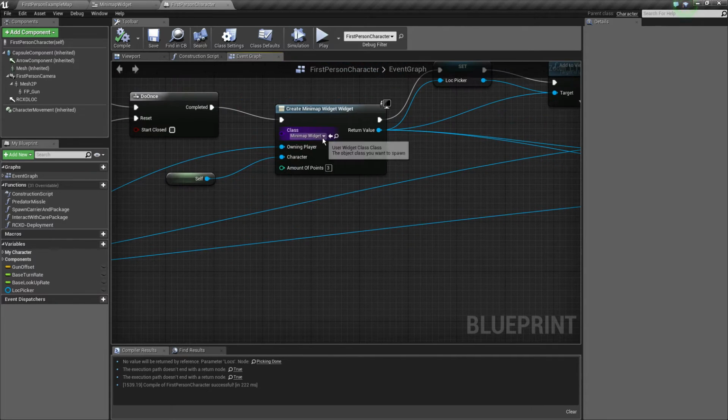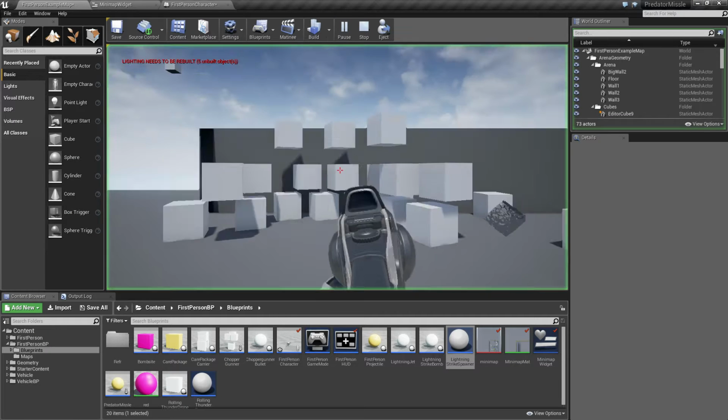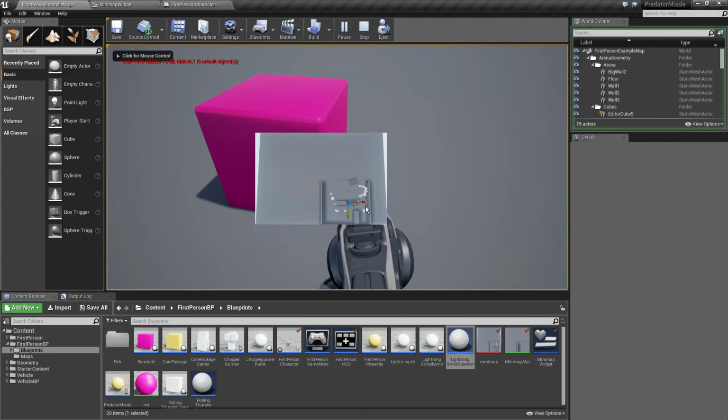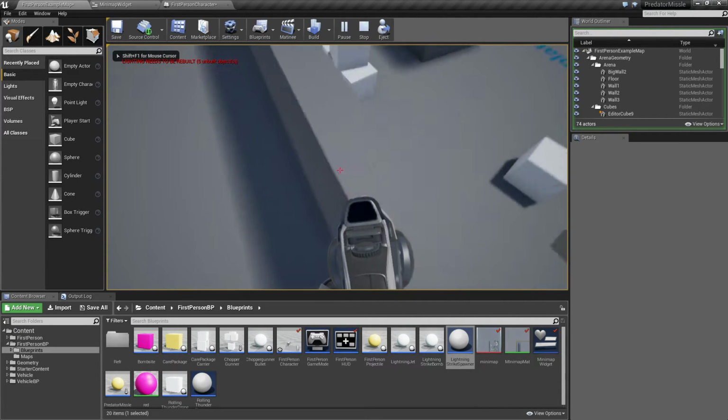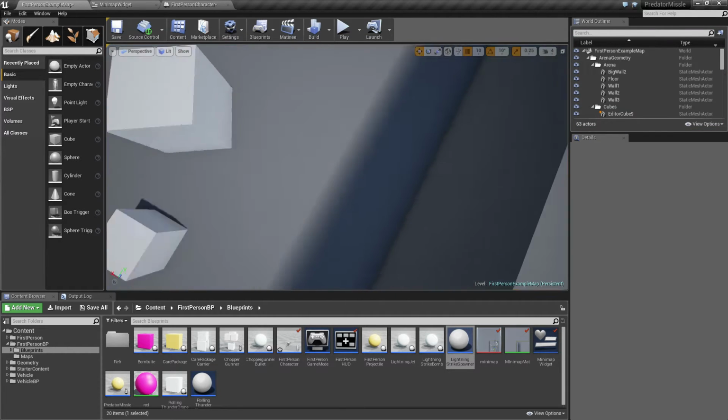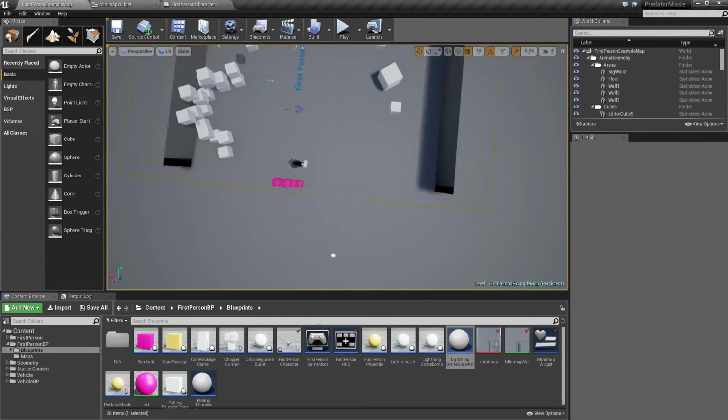Now another parameter is the amount of points you want to pick. So if I set it to 1, I only need to make one click in order to teleport, and as you can see, this thing works anywhere on the map. So this is not the full dynamic way. What I did was go up high,